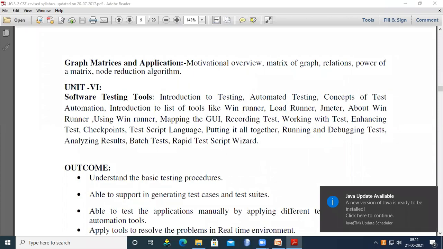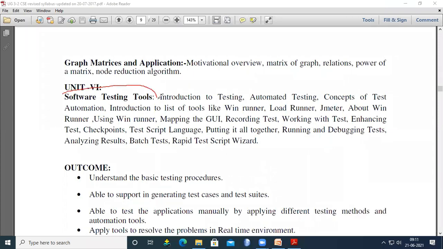So in this unit, we are going to discuss testing tools. What is testing and how we are going to do automated testing, the concept of test automation. In this, we are going to discuss some testing software: WinRunner, LoadRunner, and JMeter.